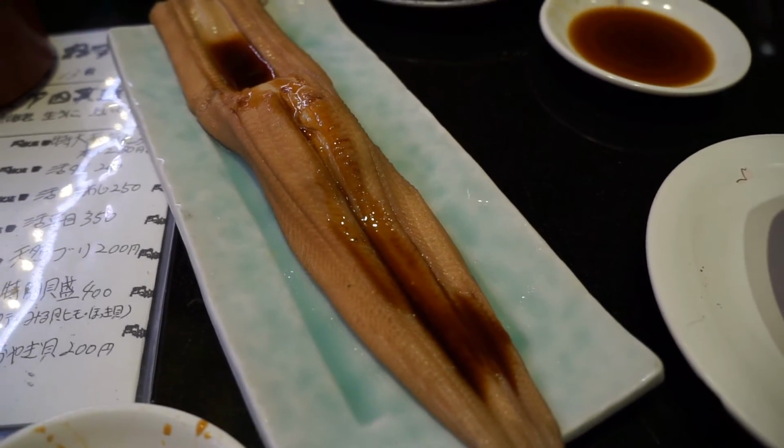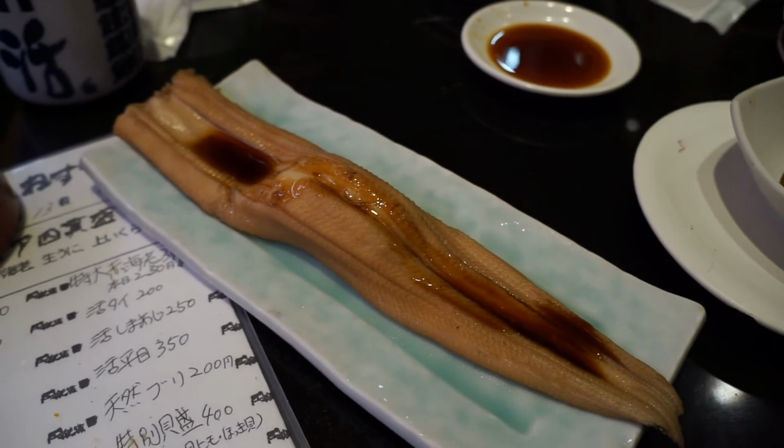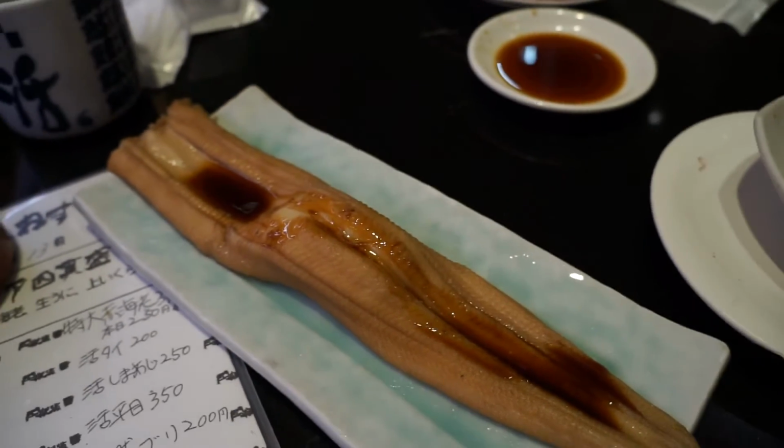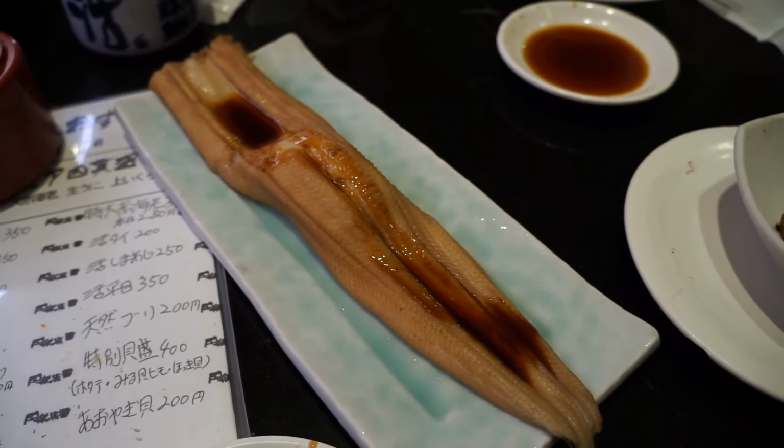Is the sauce the same as the unagi sauce? Is there rice right in the middle? Yes. I want the nickel. How come they don't cut it and how come they just serve it like whole? Because that's more